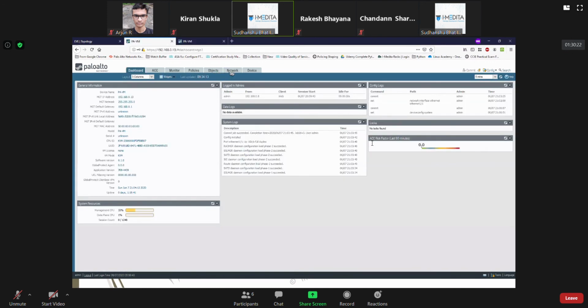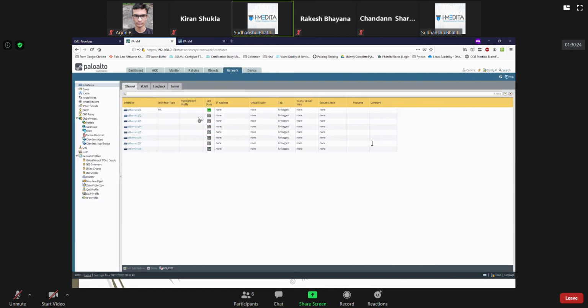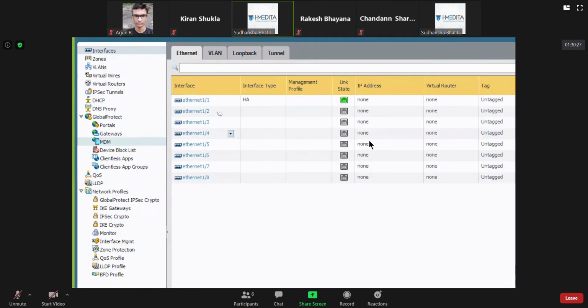As you can see, the interfaces are showing up as green here. So this means the link is working fine.